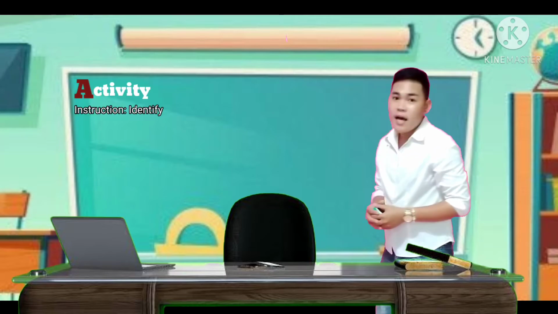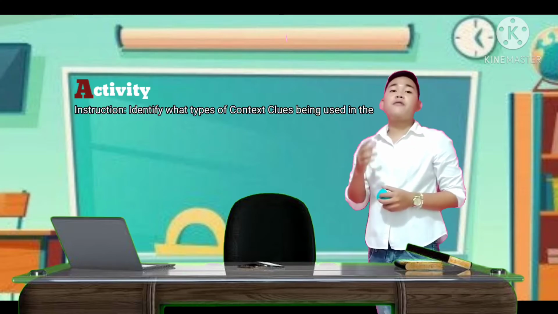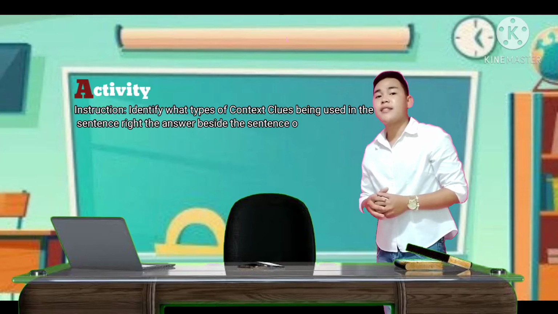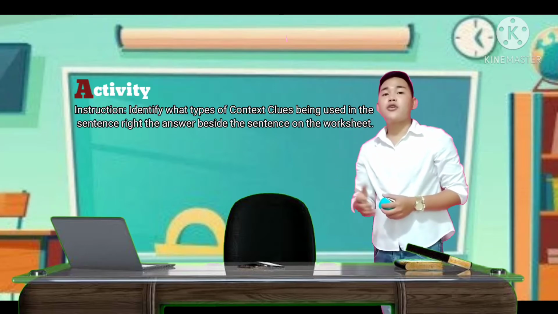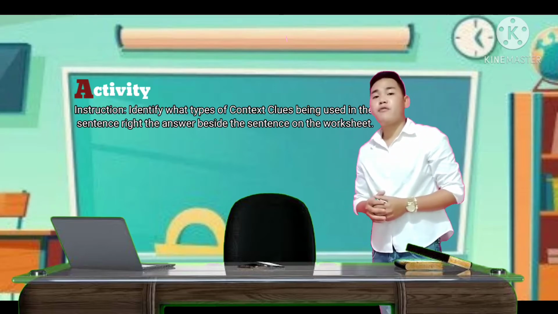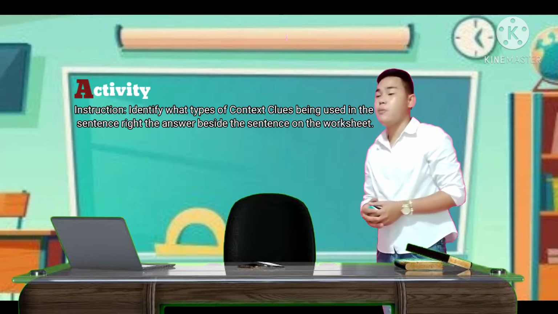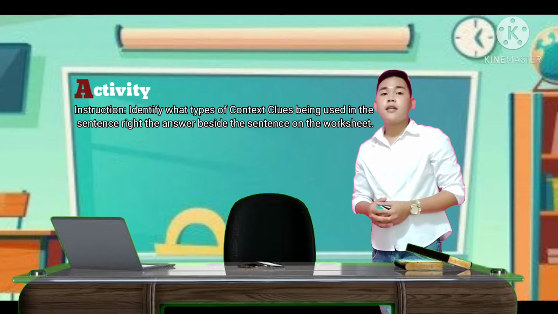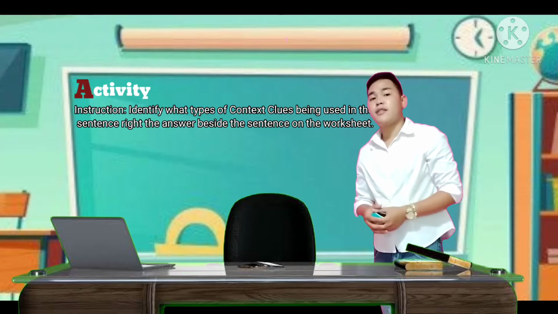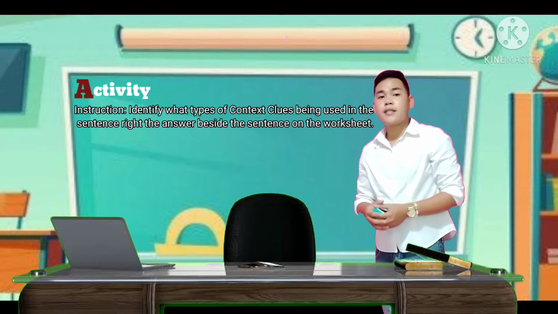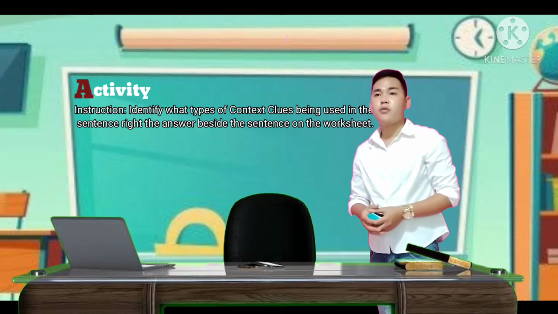Instruction: Identify what types of context clues are being used in the sentence. Write the answer beside the sentence on the worksheet. I repeat, identify what types of context clues are being used in the sentence. Write the answer beside the sentence on the worksheet. So number 1,